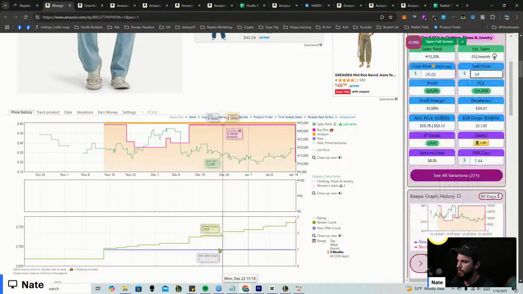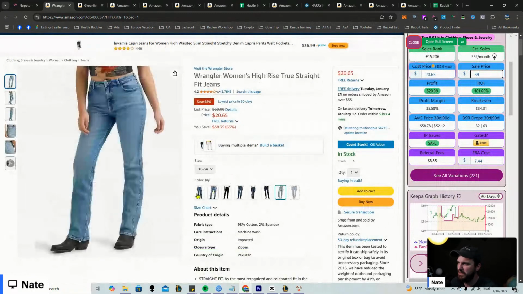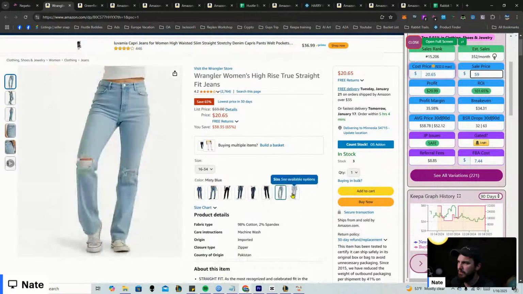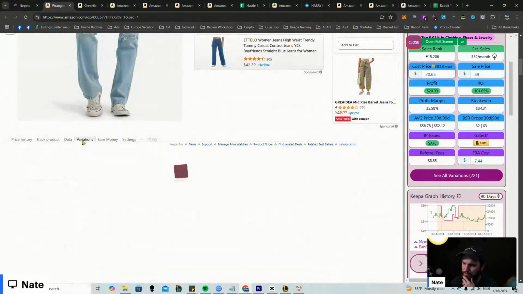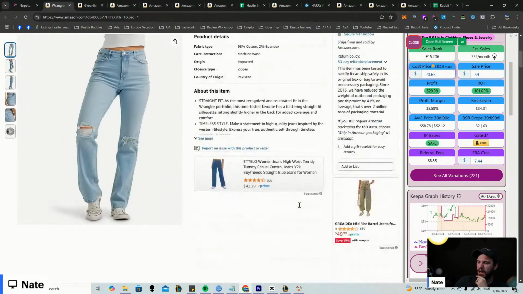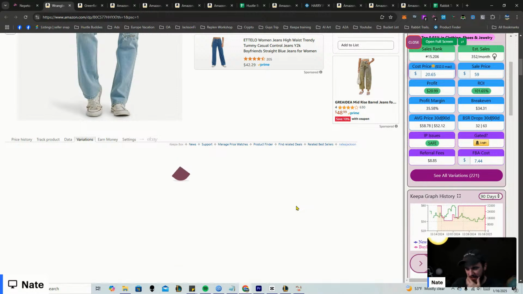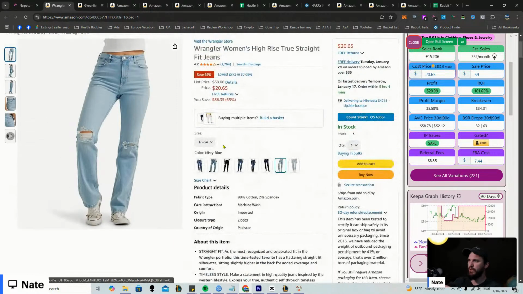All right. Yeah, that looks like a winner to me. Yeah, so profitability is good. This will have some variations. Misty blue looks like it's the only one that has rips in the jeans. So here's what I'm going to do for variations. I am just curious if people like this color. If people are liking this color, then I'm sure that someone out there is size